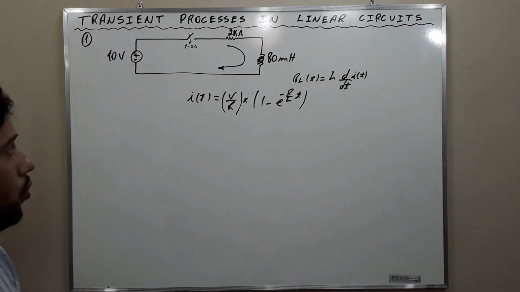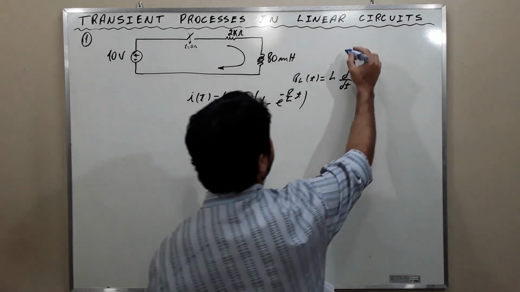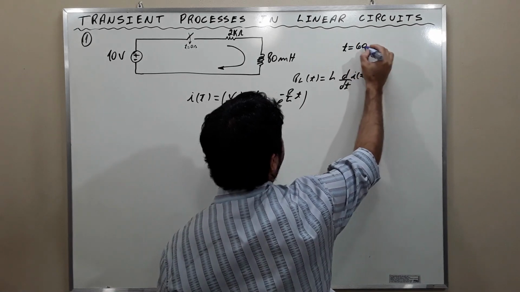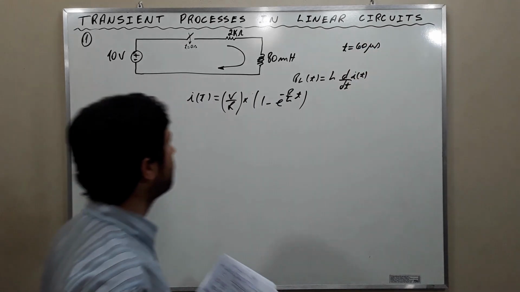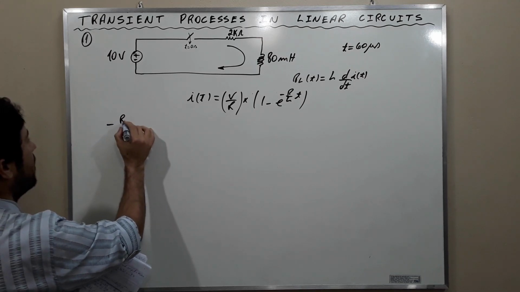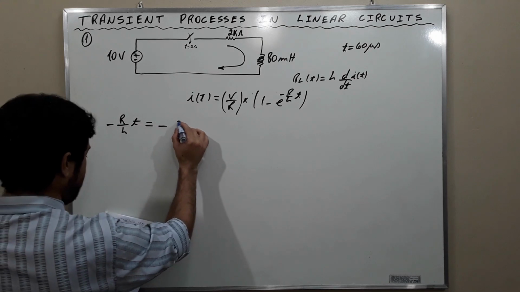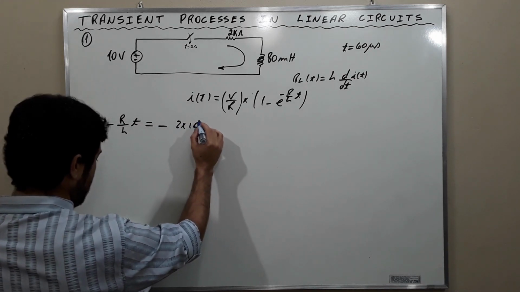To finish, we need to use the values. The exercise wanted us to calculate the current for 60 microseconds. And in this way, negative R over L times t will be equal to negative 2 times 10 cubed